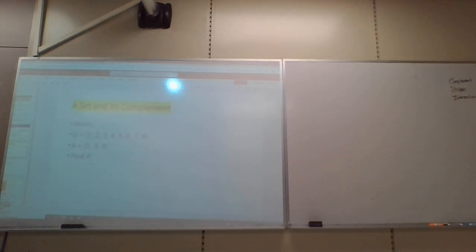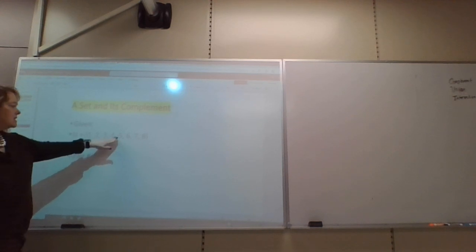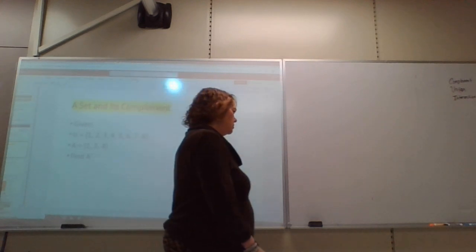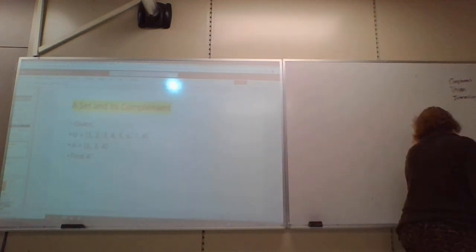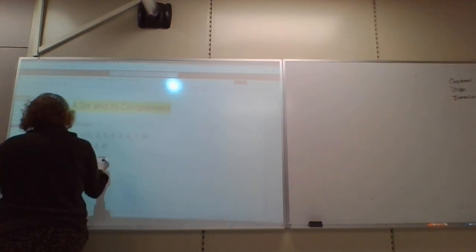Okay, the first thing we're going to talk about is what it means to be a complement. In this example, this means universe. So we're talking about the set 1, 2, 3, 4, 5, 6, 7, 8. We have a set A, and it is 1, 3, 4. So let's find what A complement is. The way to find a complement, it will be equal,